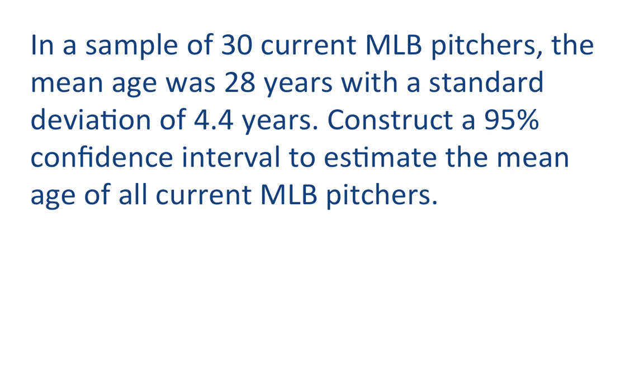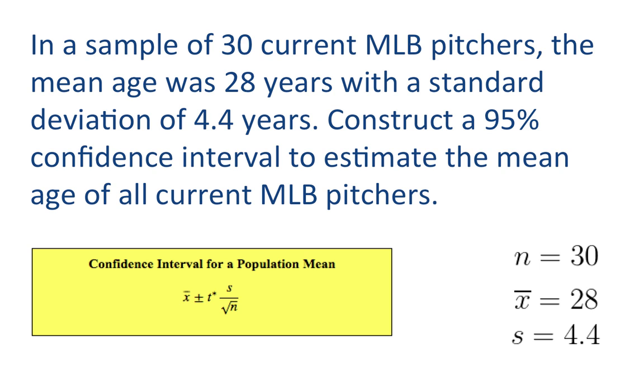From this scenario, we know that n equals 30, x bar, our sample mean, equals 28, and s, our sample standard deviation, equals 4.4. This is the formula from the online notes. From this scenario, we have all of the information that we need except for the t multiplier. To find the t multiplier, we're going to go to Minitab Express to construct a probability distribution plot for a